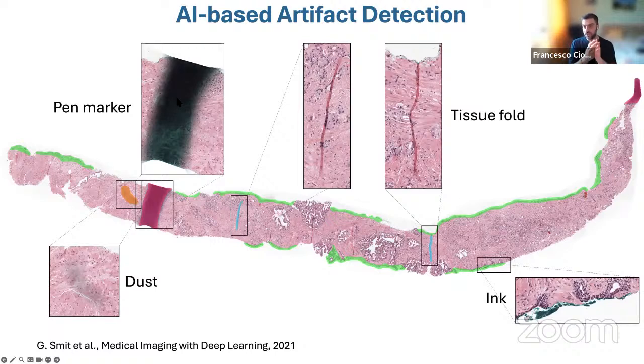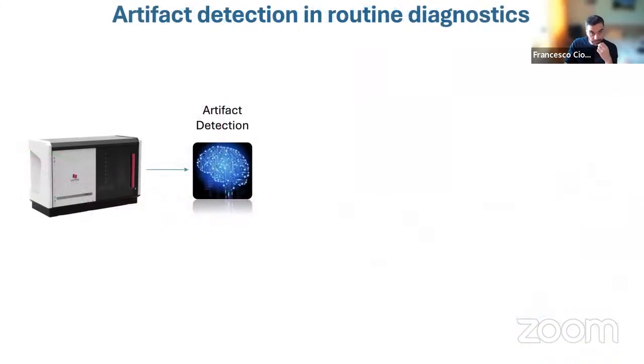But also for a pathologist, if they get a slide that is poor quality, they have to send it back. And that gets delays in the diagnostic procedure, more cost, more time, more waiting time for the patient, etc. So we said, okay, can we detect these artifacts as soon as possible? And actually, this is the output of a segmentation algorithm that we developed a couple of years ago. This is a slide of a prostate cancer biopsy.